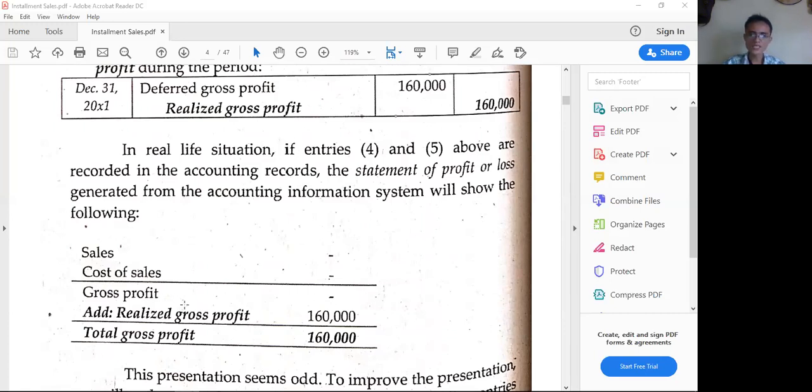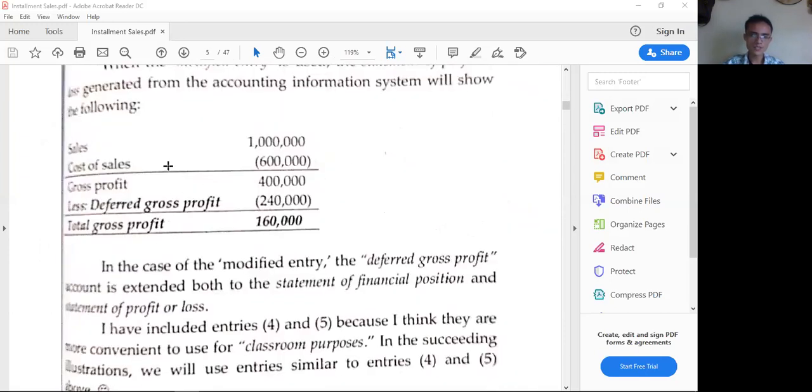But then if this is like the presentation, we can just disclose in the notes how we get the deferred gross profit for installment sales. So we have here sales minus cost of sales, gross profit is 400,000. This is like the deferred gross profit beginning. And the ending is whatever is the ending balance of the receivable. So that is,